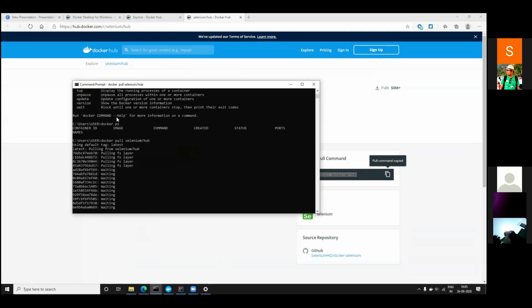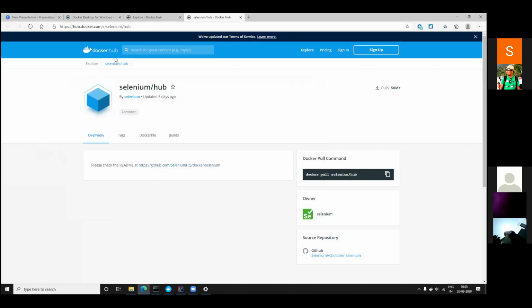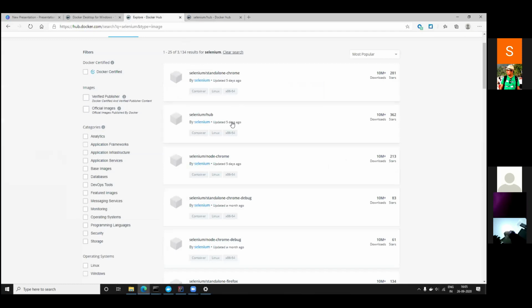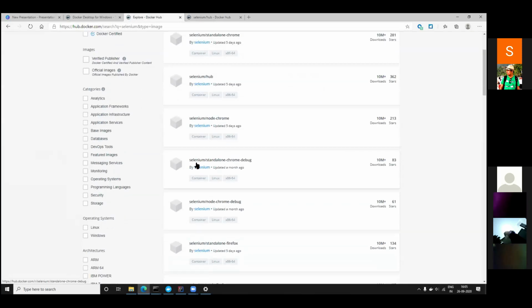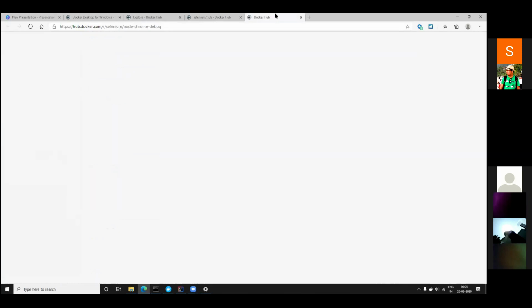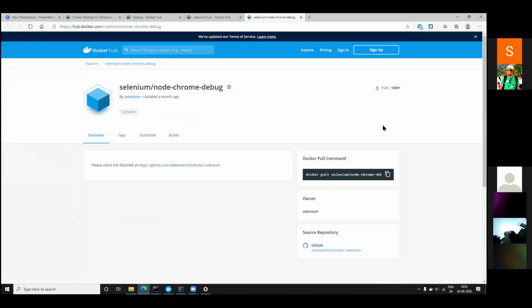This is going to download each and every requirement, and we can run it. Let's find another one, like standalone Chrome debug, node Chrome debug. Node Chrome debug is used to connect as a node in Selenium.